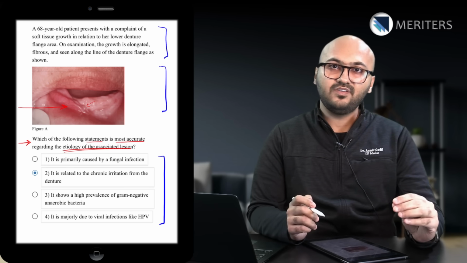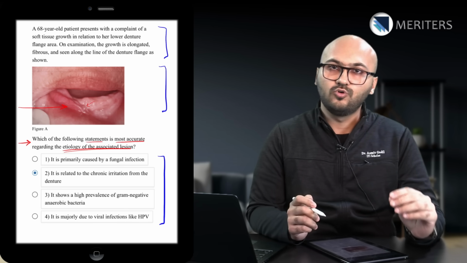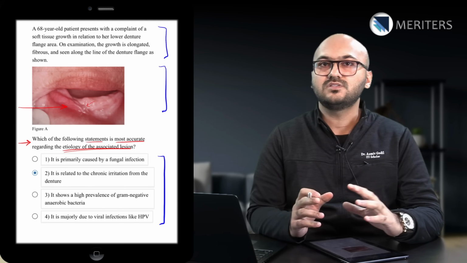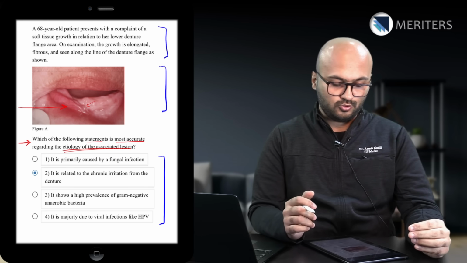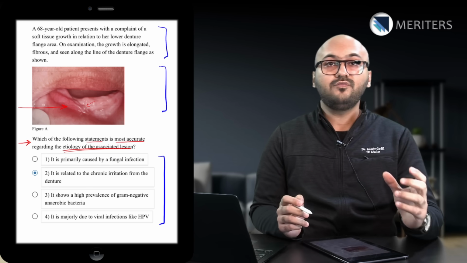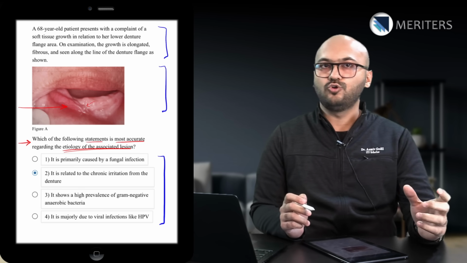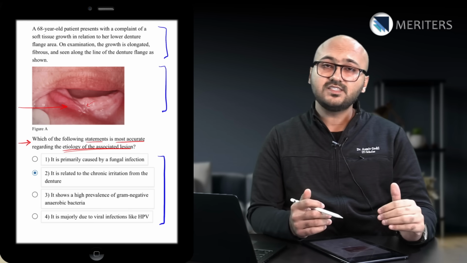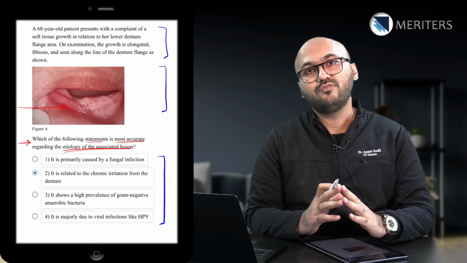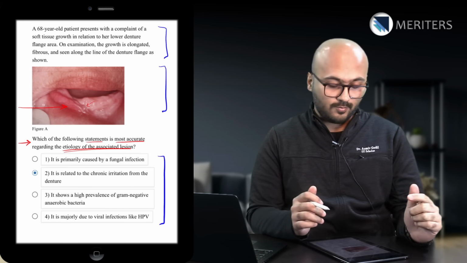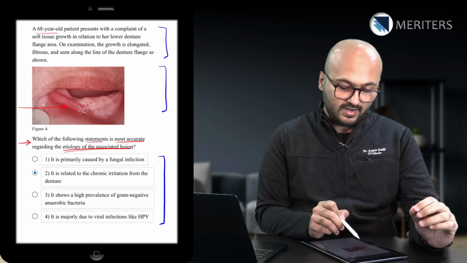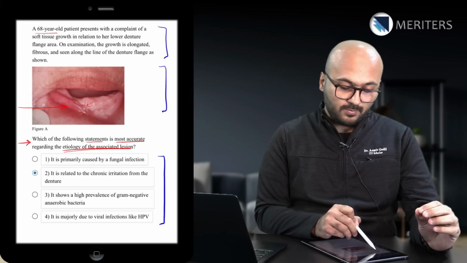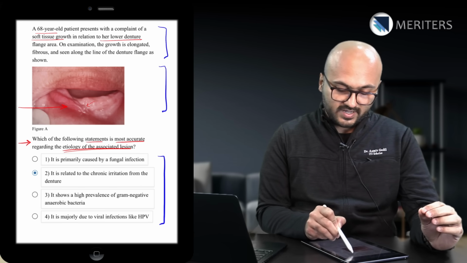Now to be safe, it is always necessary that you read the whole case because you might miss out on some information and you do not want to take a chance. So you can quickly brush through the case, or you can first take a look at the options and then go to the case, whichever works for you. In this case, because I already have an idea of what the options could be, I'm going to read the case first. So this is a 68-year-old male patient with a complaint of soft tissue growth in the lower denture,